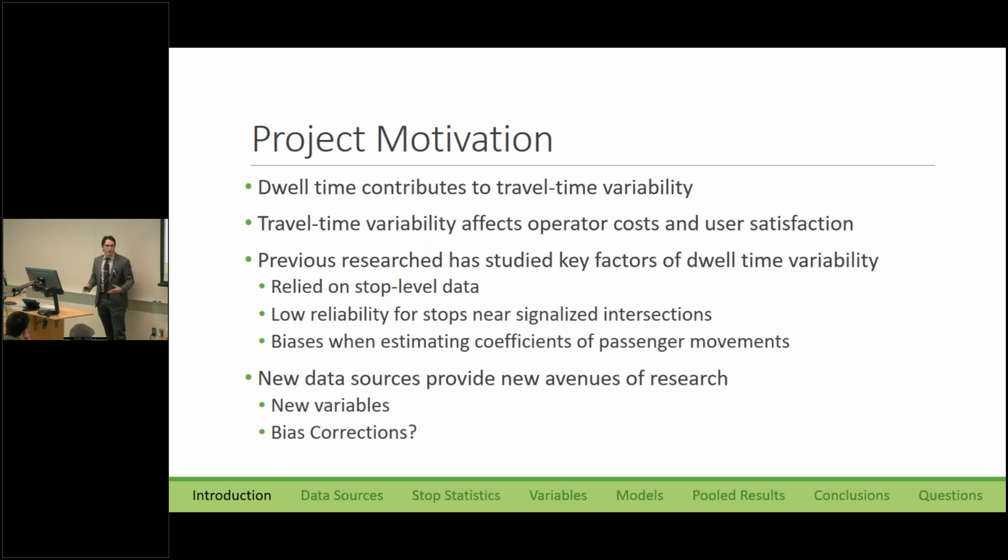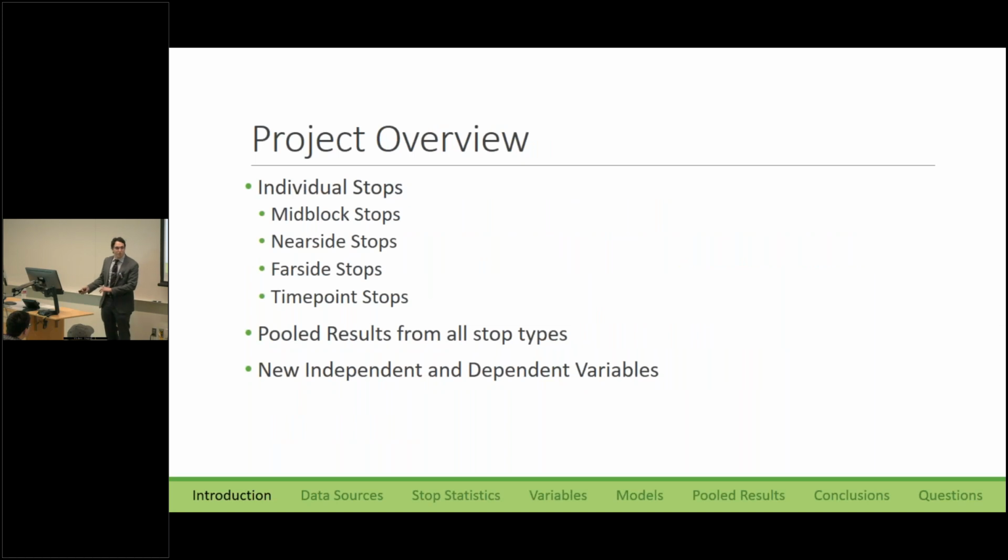So with the introduction of new data sources, we decided to see if new variables could be applied and to see if some of those data biases could be corrected. This project looked at both individual stops of multiple types, so stops near intersections, stops away from intersections, time point stops, which are stops used for scheduling. If a bus arrives early, they wait there to be back on schedule. Also looked at broad pooled results of multiple stop types to see how the new dependent and independent variables impacted